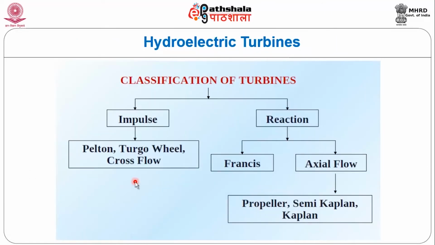And these are the various hydroelectric turbines, classification of turbines. This is an impulse and reaction turbine, the major classification: impulse turbine and reaction turbine. Under impulse, the Pelton wheel, Turgo wheel and cross flow, and under the reaction turbine, Francis turbine and axial flow, we have propeller and Kaplan